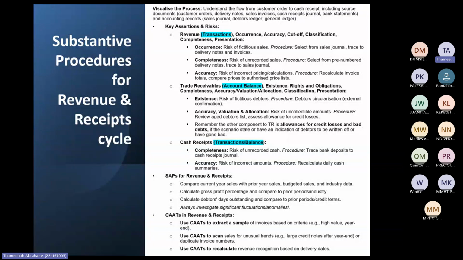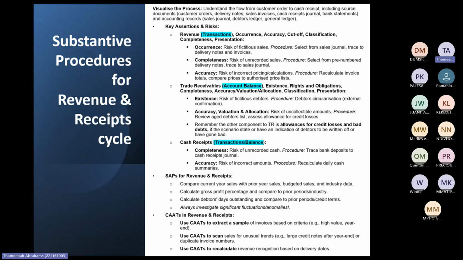Or you say inspect a sample of delivery notes before year end and after year end, to ensure that the deliveries were made before year end and it was recorded before year end. Because sometimes what they do is they only deliver it after year end, which means it shouldn't be in the year end, and so forth. Or they deliver after year end and they put it in before year end, or vice versa. Or it's for something after year end, and yeah, you get what I'm trying to say.